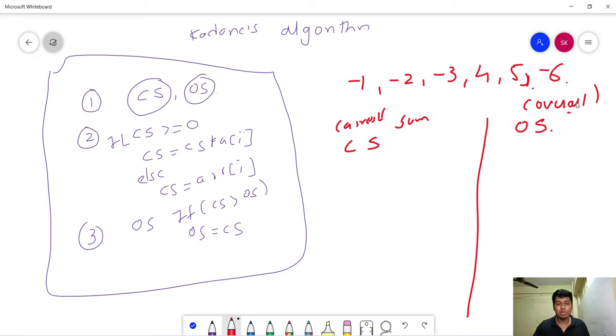We know the rule: if CS is greater than or equal to 0, then CS equals CS plus array of I. Otherwise, CS is equal to array of I. And the overall sum would only be updated if the current sum is greater than the overall sum. First thing first, we will initialize both CS and OS with the first element, which is nothing but array of 0.